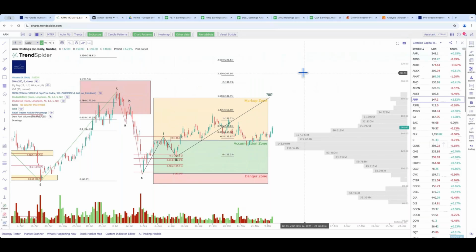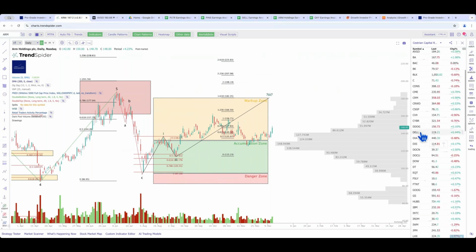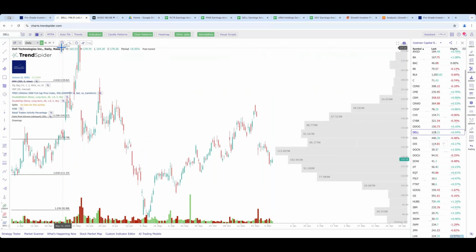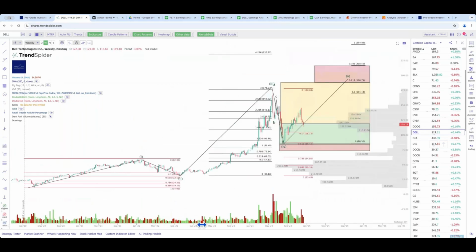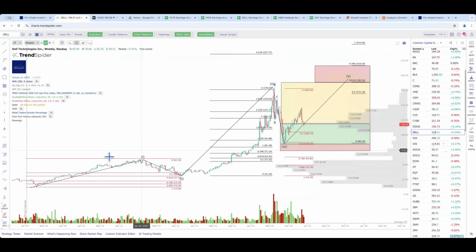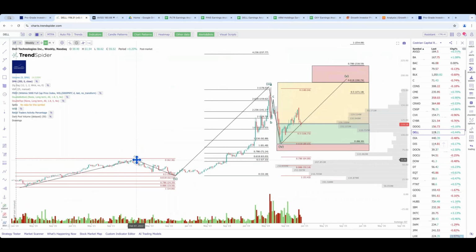Let's do a couple more, and then we can take some questions. So let's do DELL. DELL, another one which didn't react very well to earnings, but I have a suspicion might work out okay. Now, this is the longer term chart for DELL. We start this chart, it's a weekly chart in TrendSpider, back in the COVID lows. So March 2020, it was $14 a share, ran up to $62 for the bull market high at the end of 21, early 22.